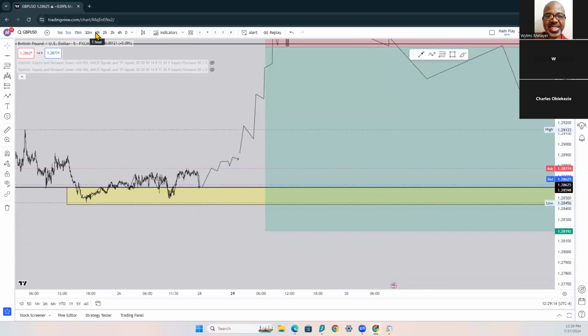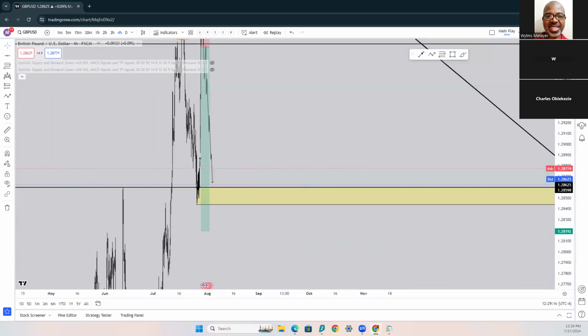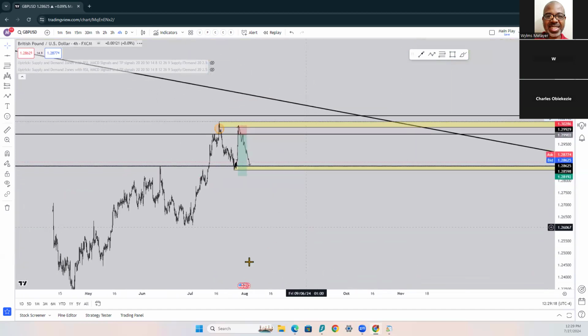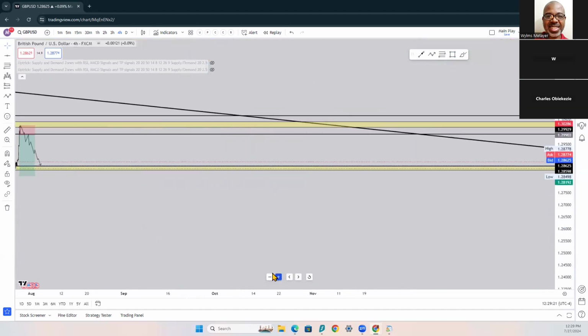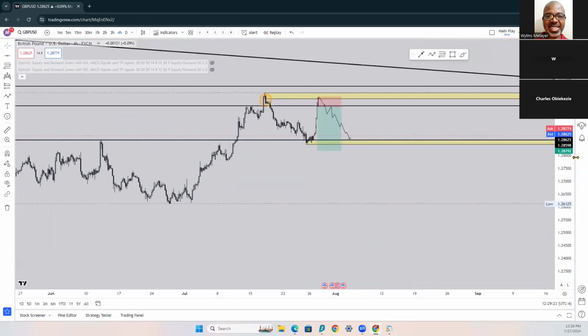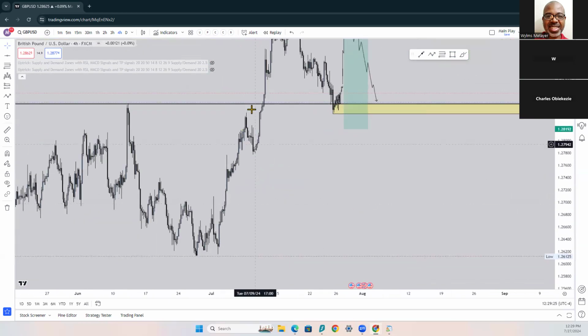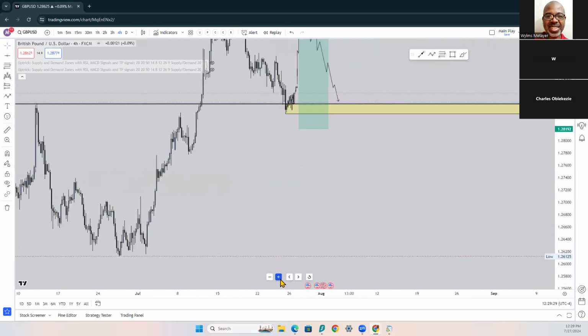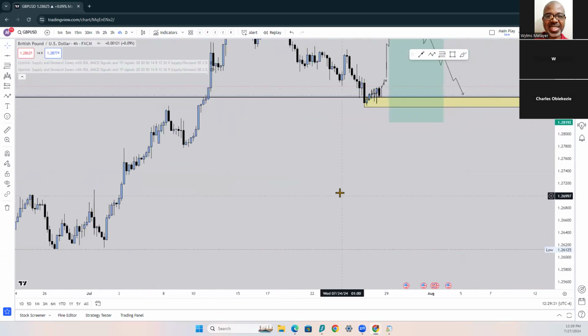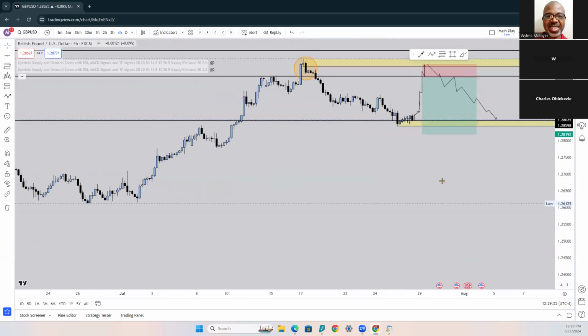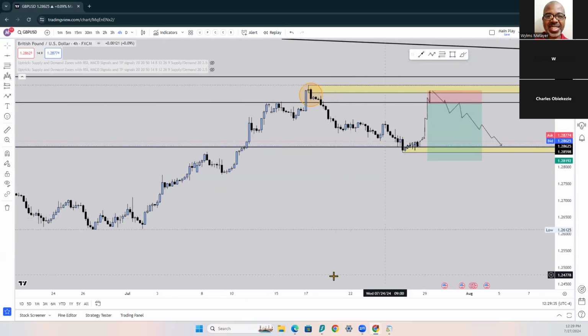Okay, and that's a trade you really want to be in, right? The trade you really want to be in because it's got to cover all this area here. If it trades lower than where you entered, that's a good amount of money you could make in the market